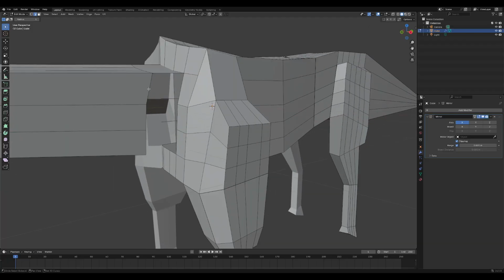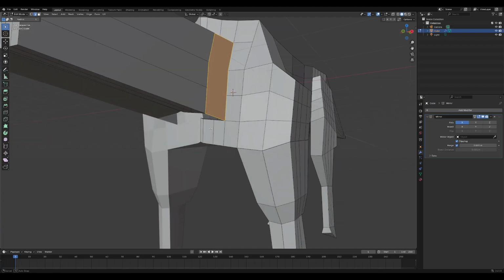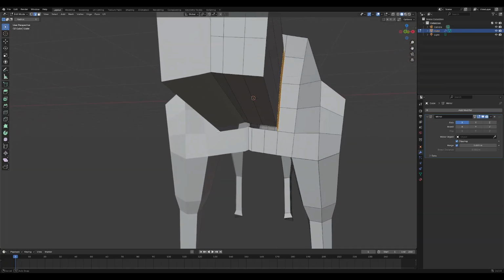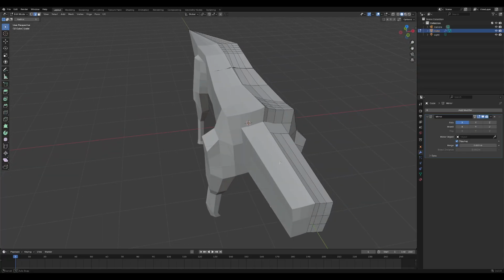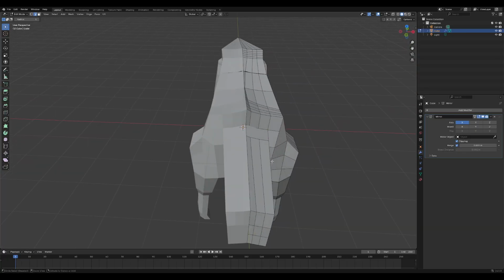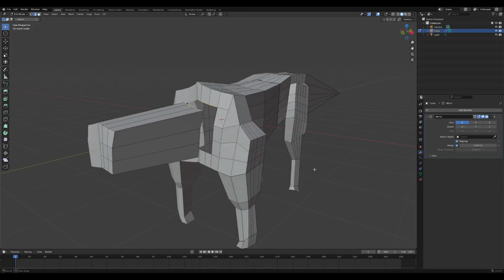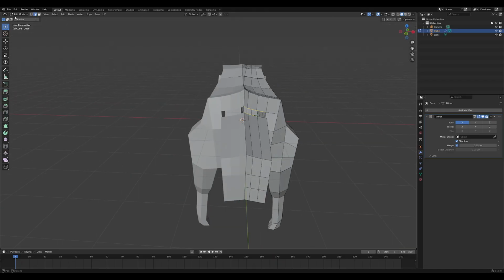Okay, now we're going to do this, this, F. Okay. Actually, this is where my ingenuity comes in. I'm going to